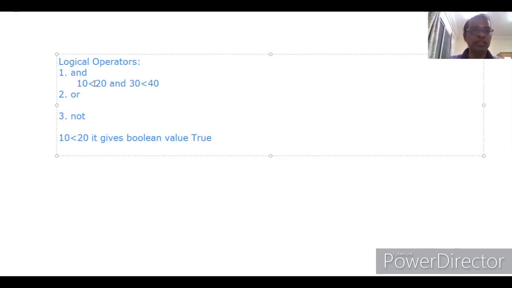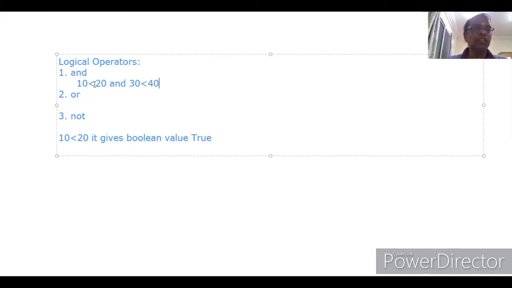So this is one relational expression, and this is one relational expression. In the middle of the two relational expressions, there is the AND operator. That means on both sides of the logical operator, we should have one relational expression. Whereas while using a relational operator, both sides should be numbers. While using a logical operator, both sides of the logical operator should be one relational expression.